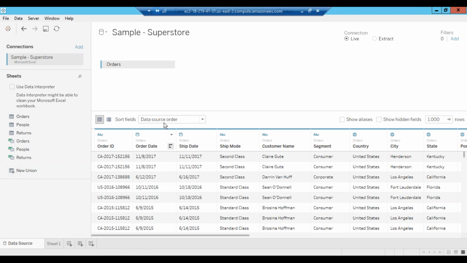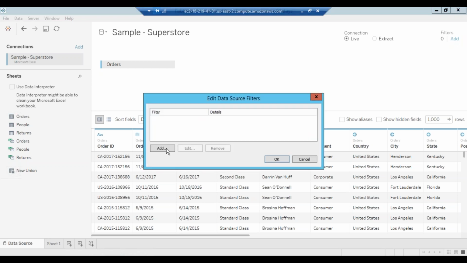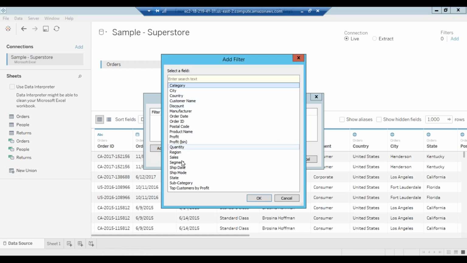Okay, now you have filters. Let's suppose the data is a huge volume, say global data, but your requirement is to load only a particular data set. You can apply the filters from here. Just say add, and then add the filters we saw last time. You can select any of the columns in the data, and the values will come up here. Let's say I have region. I have these 4 regions.